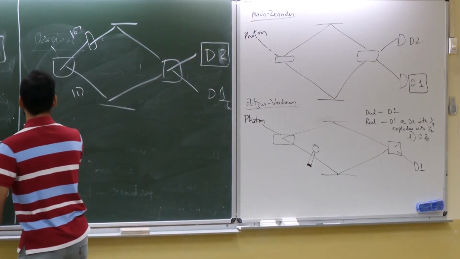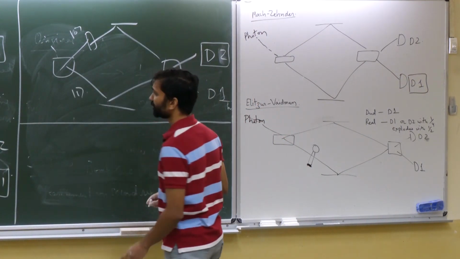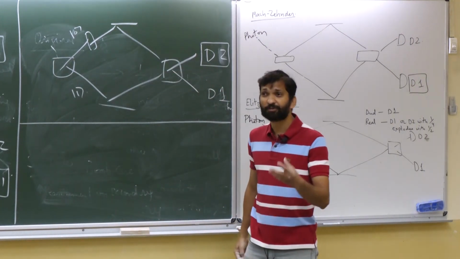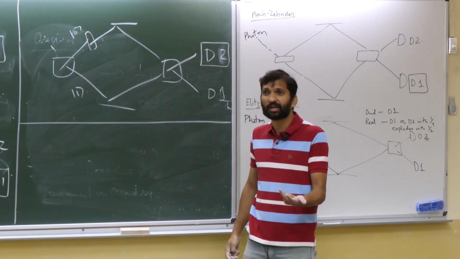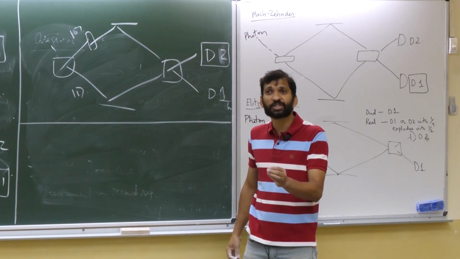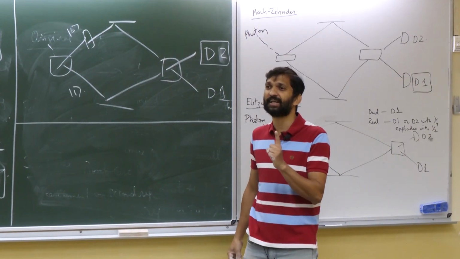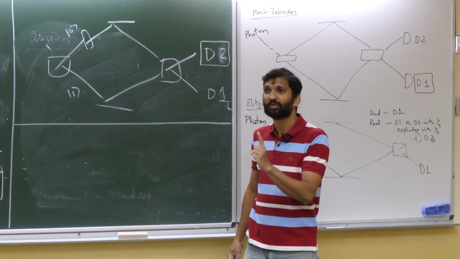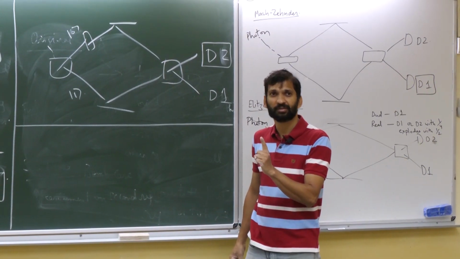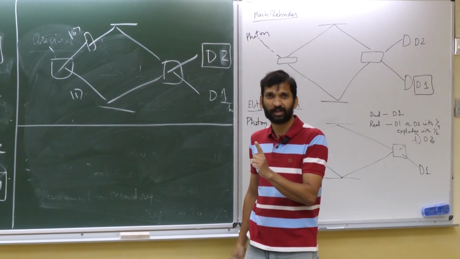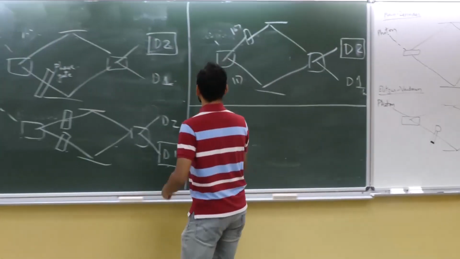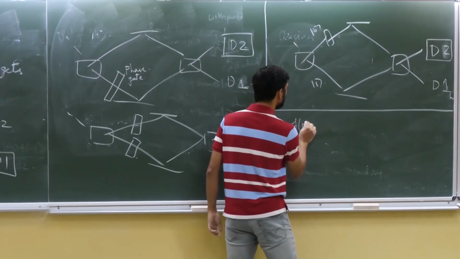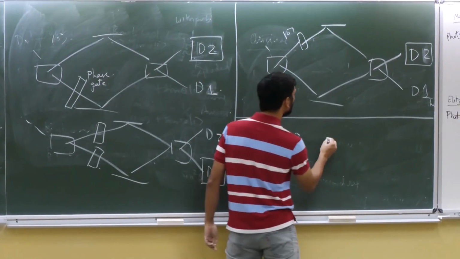Now, if the phase gate is at both or none, I can distinguish this from the case when the phase gate is exactly at one place. Right? So let's say if F0 is 0,